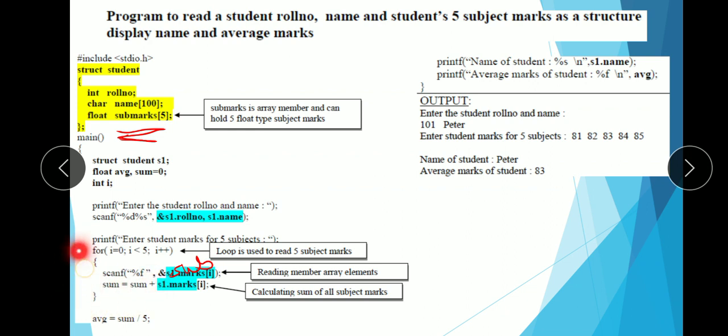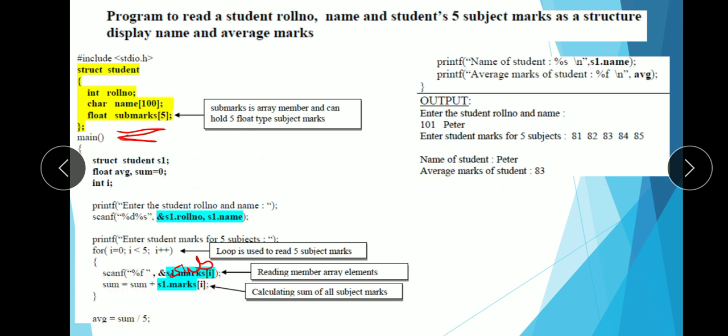So this process again continues, and in the second iteration the user will enter the second subject marks. Here i is 1 now. Initially it was 0, now 1. That is second subject marks, and again that will be added to the sum.